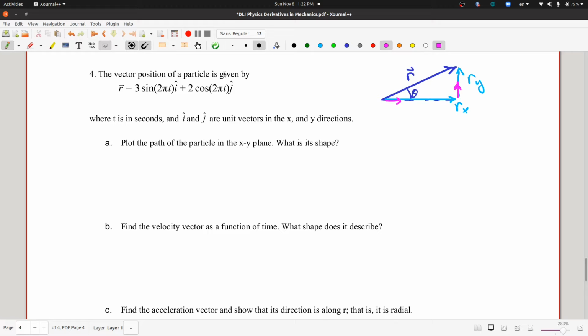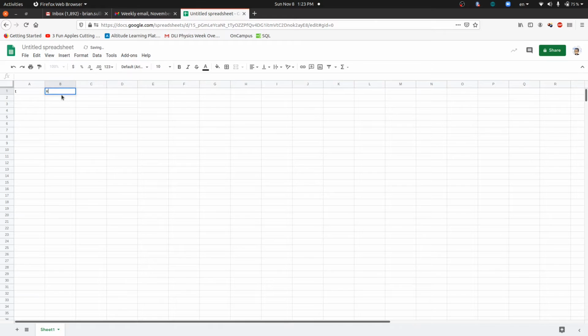Let's take a look at how to visualize that in Google Sheets. So in our first column, let's enter the time, and then we'll have x and y as positions of time. So those will be our coordinates. I'll make that row bold just to remind myself that those are the headers. t is going to run from, let's say, 1/100th of a second to 1 second. I'm typing 0.01 and 0.02 and then selecting both of those by holding shift while I select. So I'm clicking in A2, holding shift, clicking in A3, dragging down until I have 100 data points. Since I have a header row, that'll be when I get to row 101,